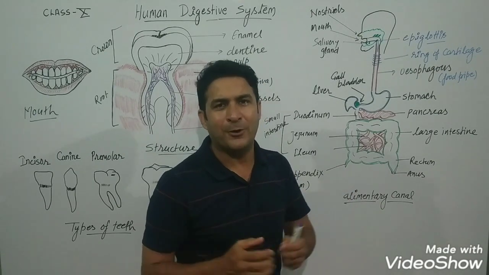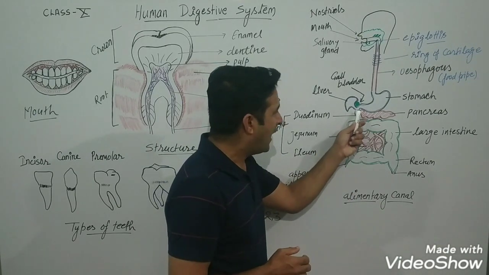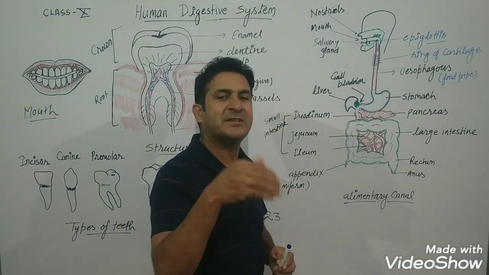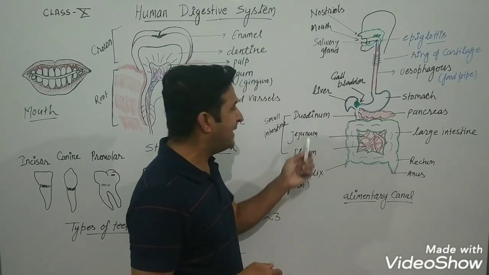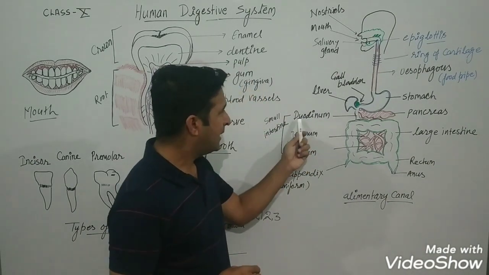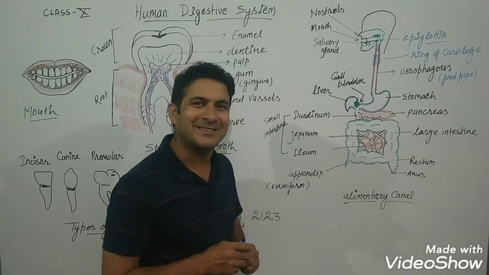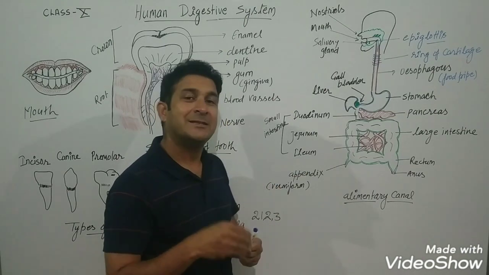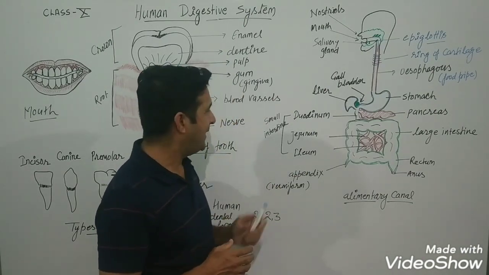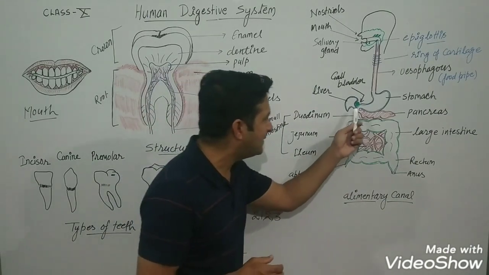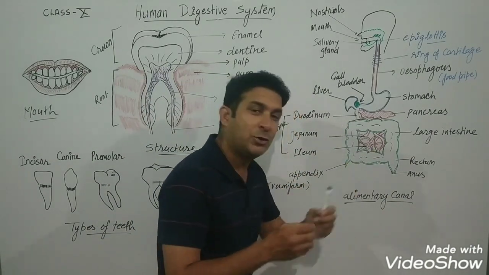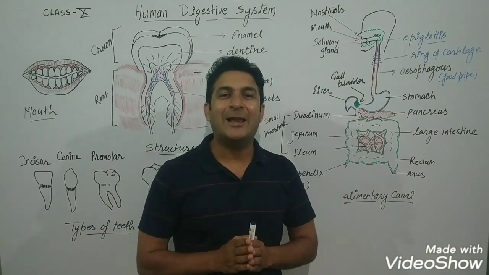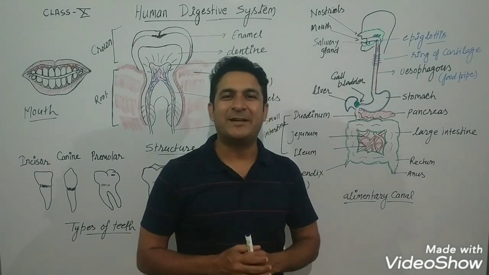different food components. Okay, so after that the food reaches the other parts of the small intestine. The small intestine has three main parts: the duodenum, the initial part of the small intestine; the jejunum, the middle part of the small intestine; and the ileum, the last part of the small intestine. Right? If we are talking about the small intestine, you can see here this narrow tubular structure is called the small intestine. Okay, the small intestine has a length of 5 to 6 meters.